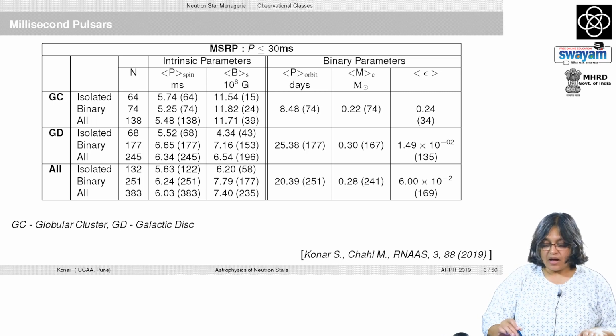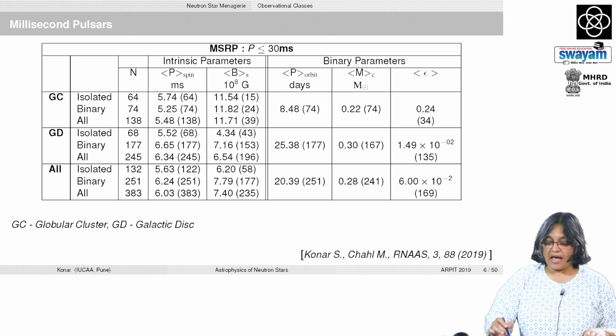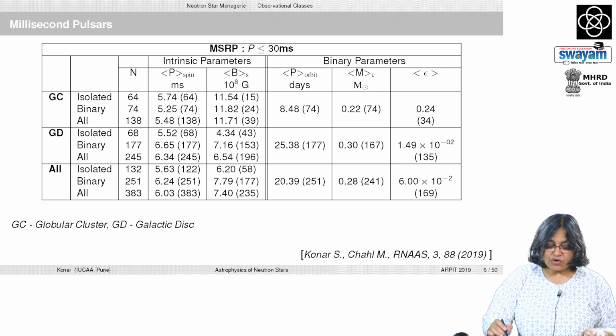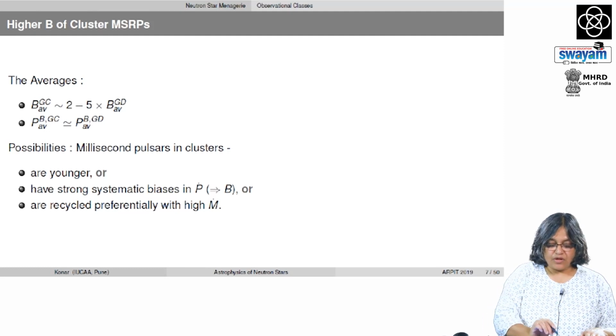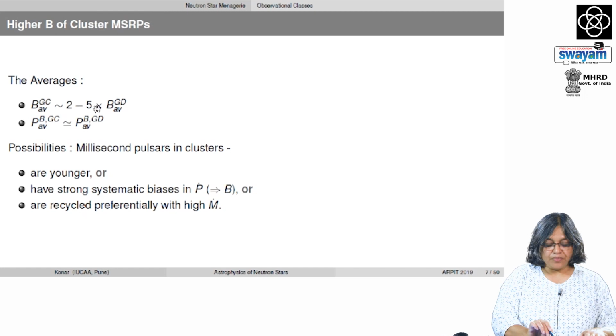So, in the globular cluster, the orbits are much tighter and much more eccentric compared to the orbits in the galactic disk. Now, in summary, we have the averages of the globular cluster compared to the averages in the galactic disk,